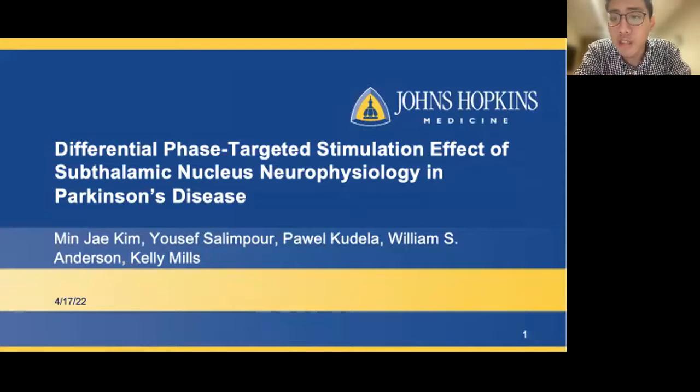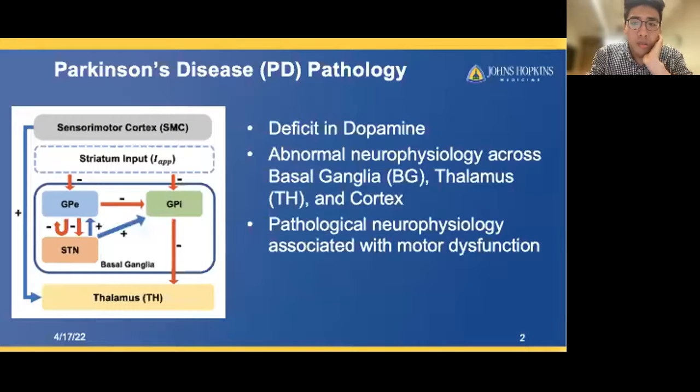Today, I'm happy to discuss my work on the differential phase-targeted stimulation effect on subthalamic nucleus neurophysiology in Parkinson's disease. As for some background, Parkinson's disease, or PD, is a debilitating neurodegenerative disorder that results from the death of dopamine-producing cells in the substantia nigra in the brainstem. This causes an overall deficit in dopamine in the brain, a neurotransmitter that plays a crucial role